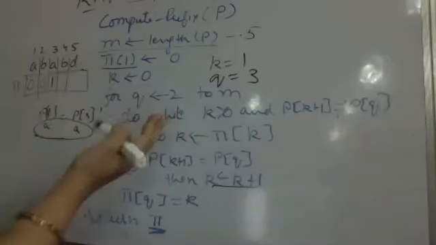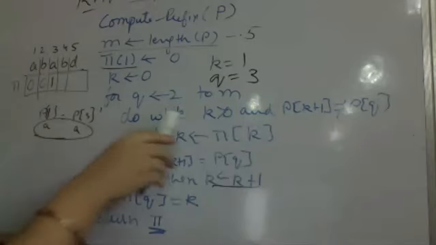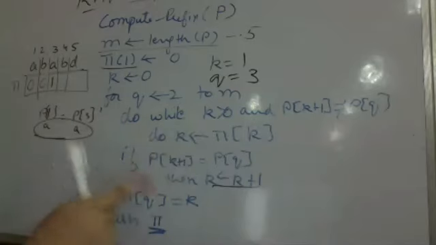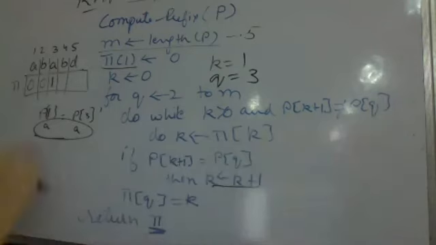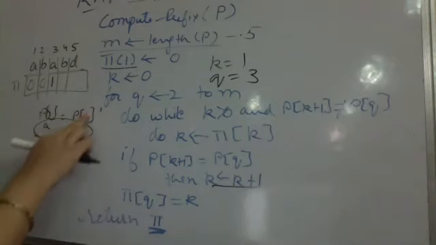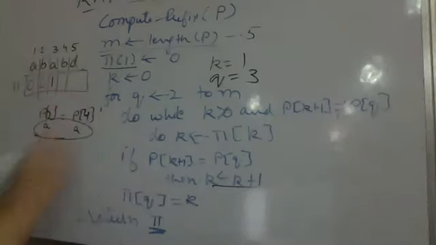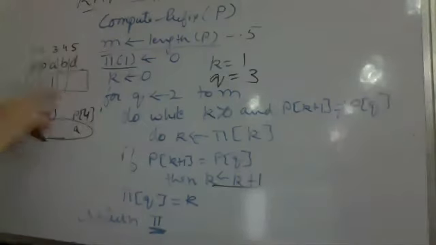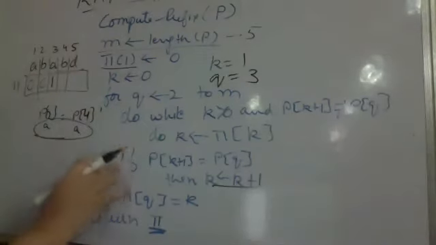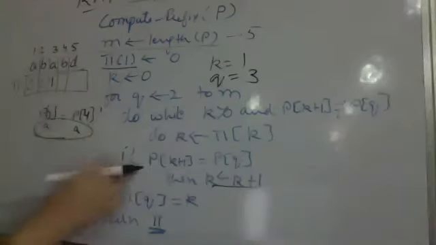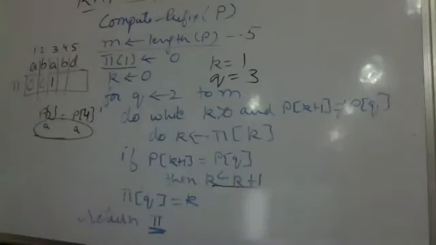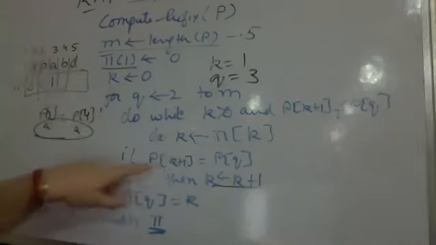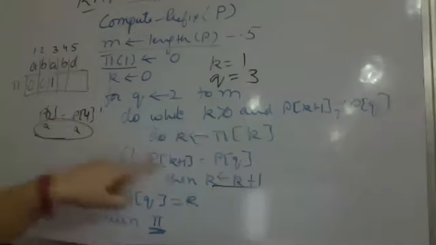What am I doing? I am again doing the same thing in this case. Again, k is greater than 0 is true now. Now I check pattern of k plus 1 against pattern of q. That means I have to check pattern of k plus 1, which is pattern of 2. Q has incremented in the loop to 4. Now pattern of 2 is equal to pattern of 4 is true. Since this is true, I come out of the loop. Important, please note. I again check whether pattern of 2 is equal to pattern of 4. Ye true hai na?